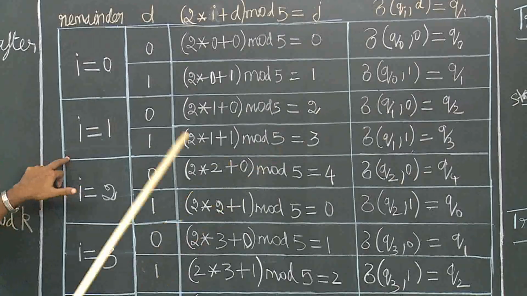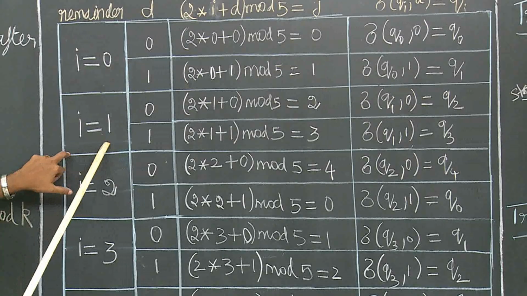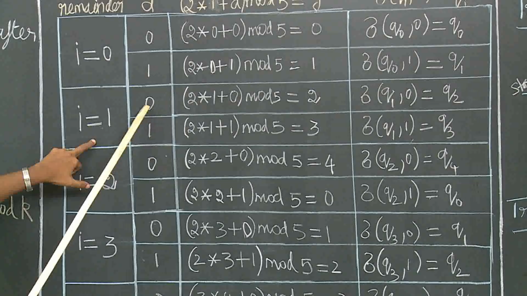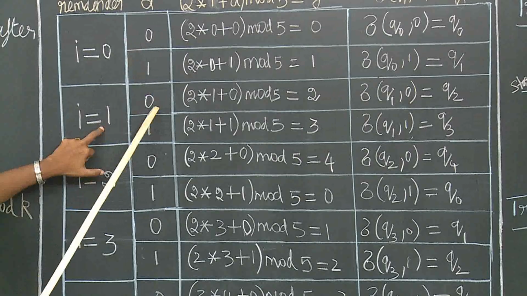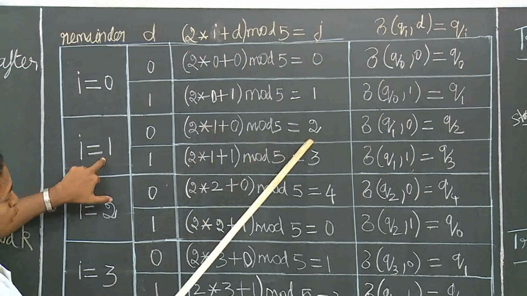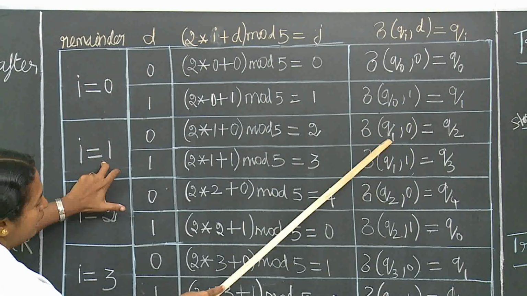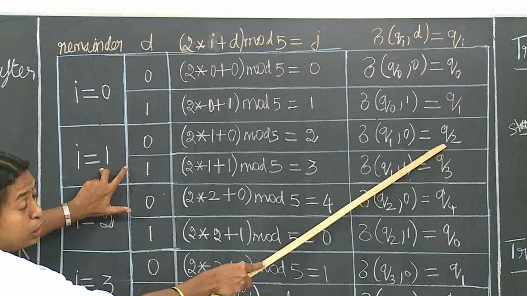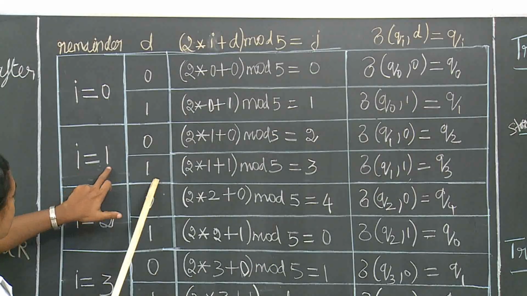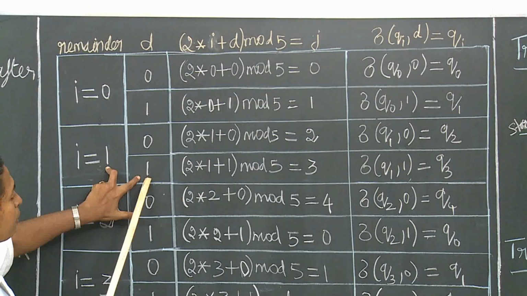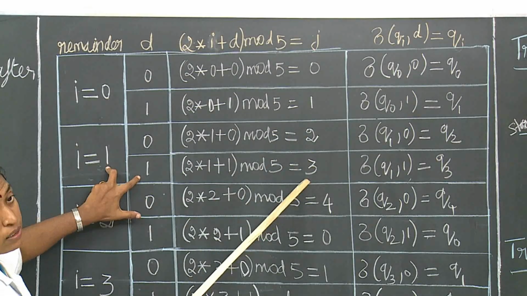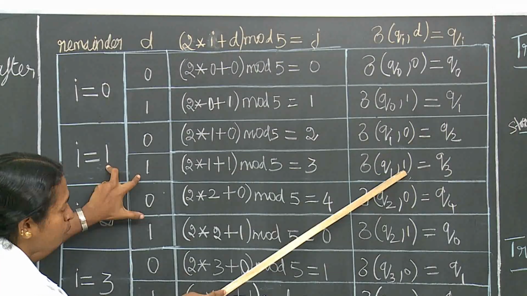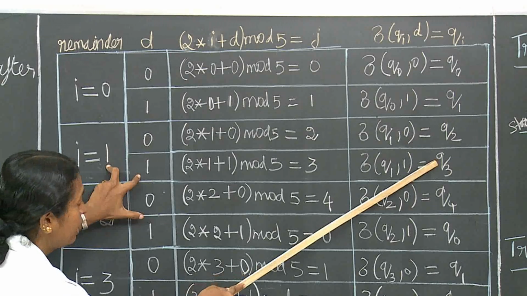Okay. Next we are going to change the value of i to 1. For this also there will be two input symbols, 0 and 1. First we consider when i is 1 and the input symbol is 0; the j value will be 2. So there will be a transition from state Q1 by accepting the input symbol 0. It will move to the state Q2. In the next case, i remains 1 and the d value, that is the input symbol, will be 1. So the j value becomes 3. So there will be a transition from state Q1 by accepting the value 1. It goes to the state Q3.